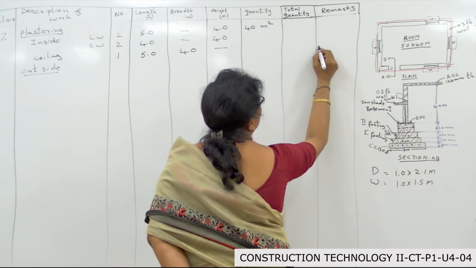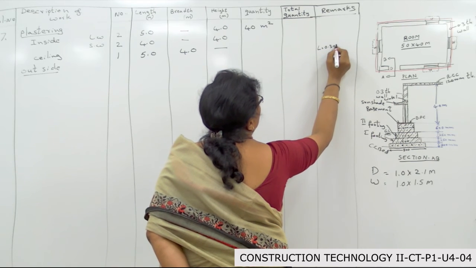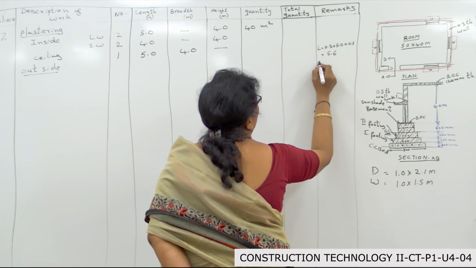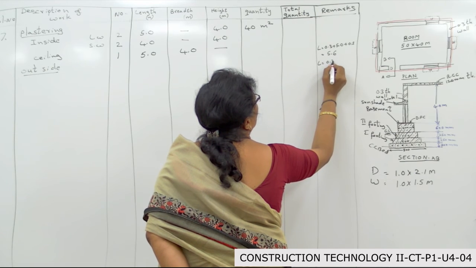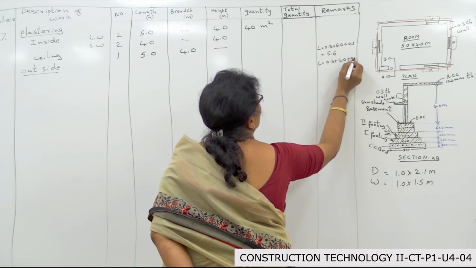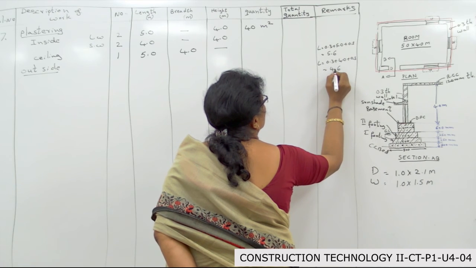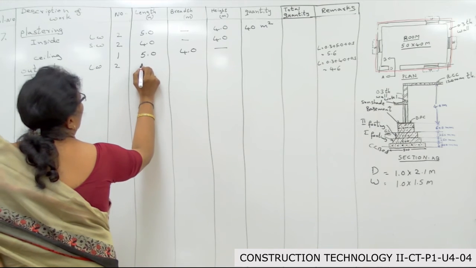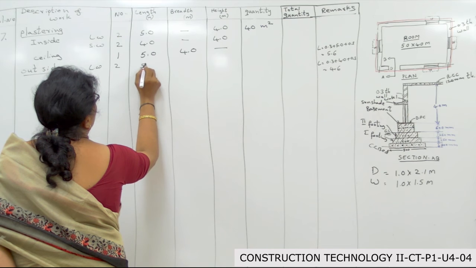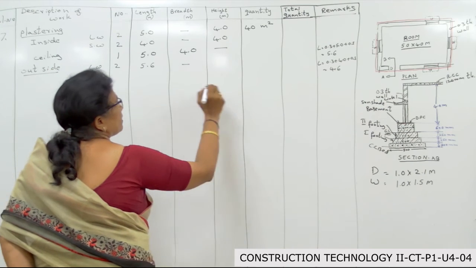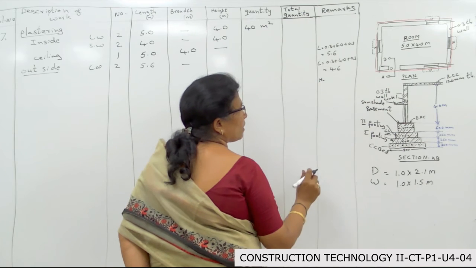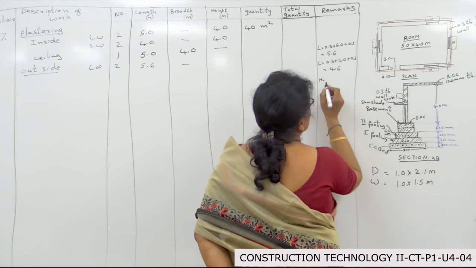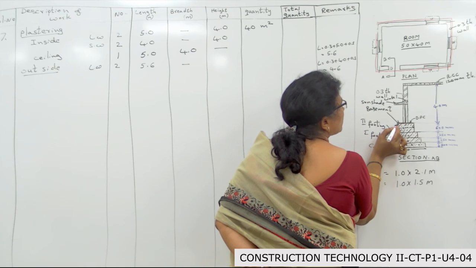Outside. So, when you calculate for outside, you need to calculate the length here. You have to take the walls, external walls from here to here. So, your length is 0.3 plus 5.0 plus 0.3, that is 5.6 per long wall, and the short wall's length is 0.3 plus 4.0 plus 0.3, that is 4.6. So here for the outside long wall, length is 5.6, breadth is dash, and height is,